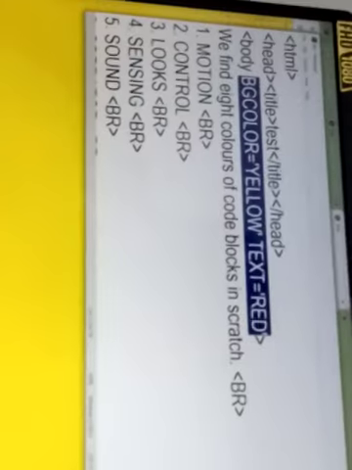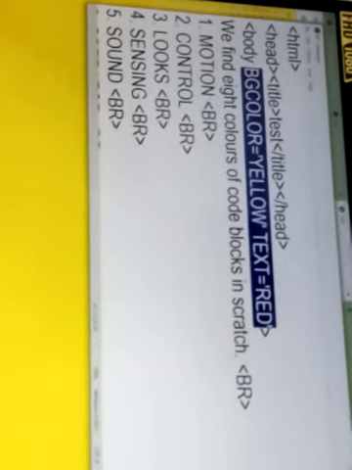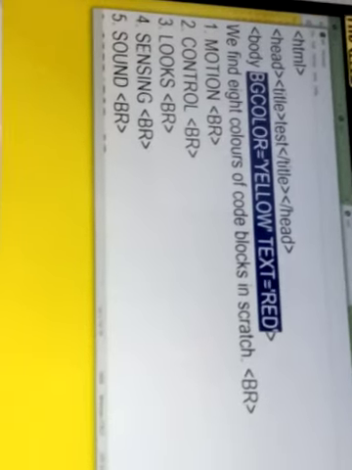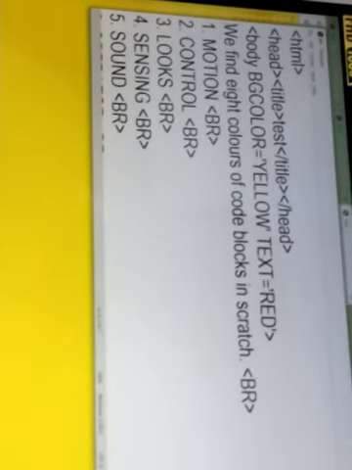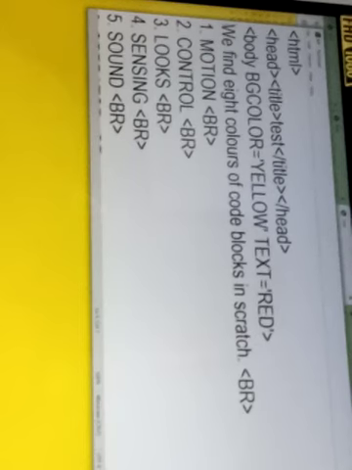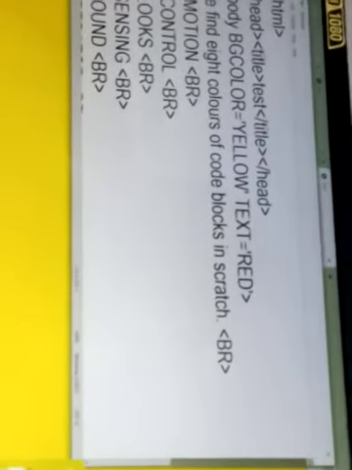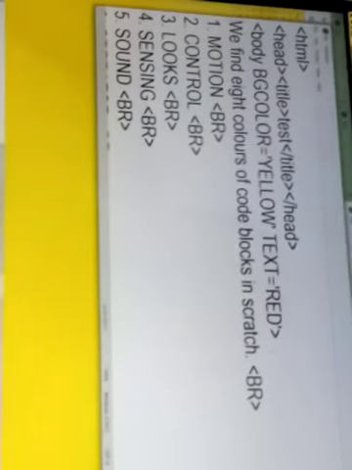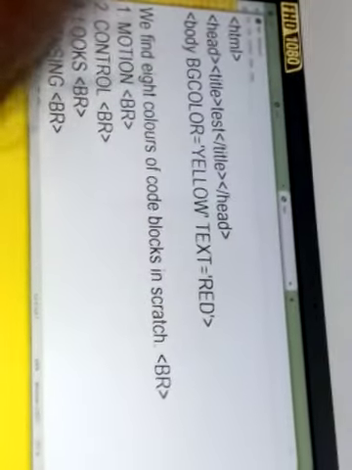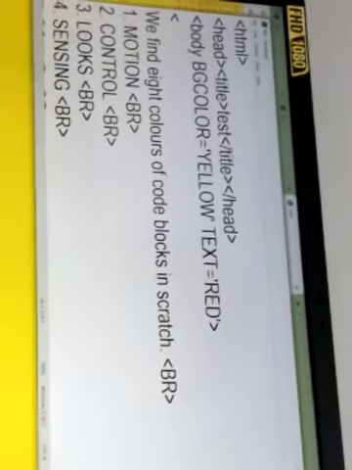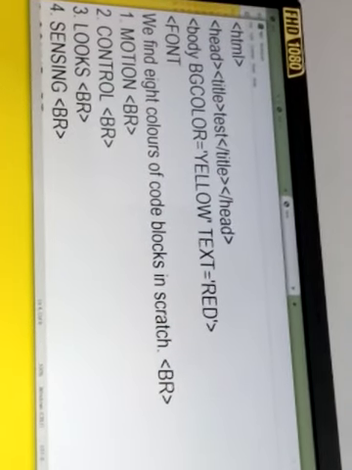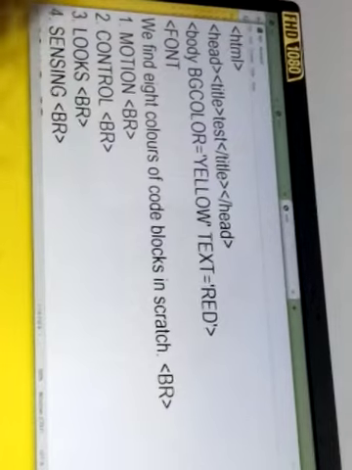Okay, we had this. Now we all are having the tag, one tag which is very important for decorating the web page, and that tag which I will be using here is known as your font tag. FONT, font tag.